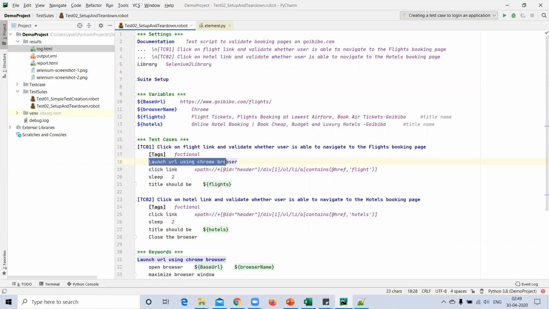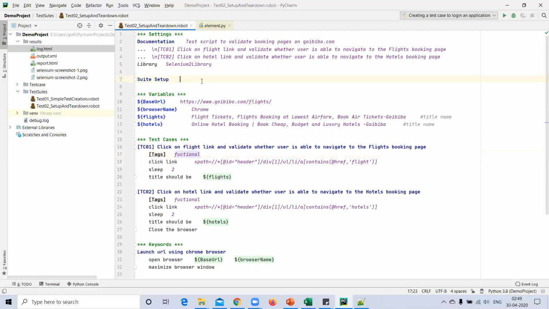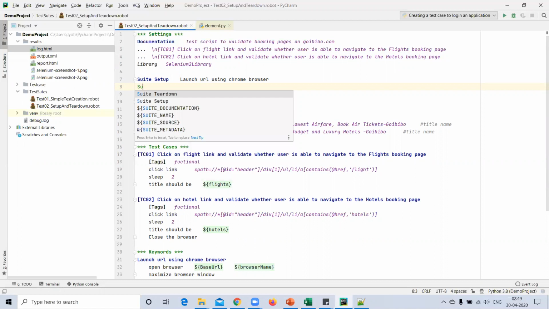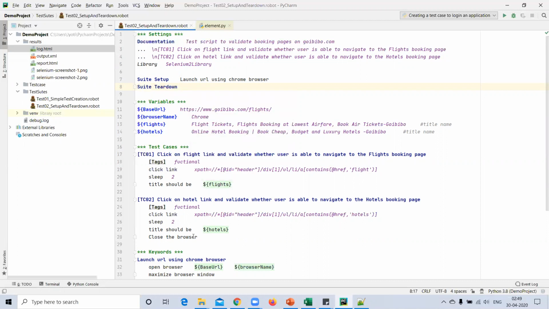I will remove this method from here and will provide it in suite setup. And closing browser will provide in suite teardown, utilizing the feature for suite setup and suite teardown.